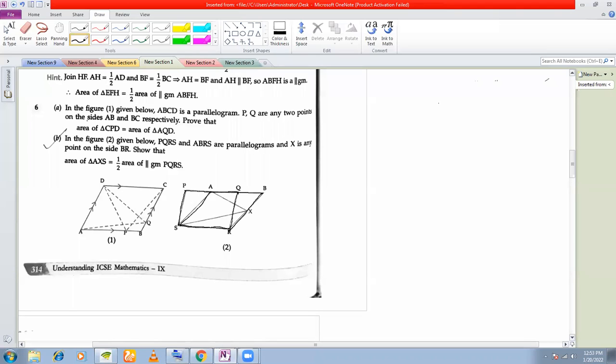What do you have to show? You have to show that area of triangle AXS. So which is the triangle here? This is the triangle. Area of this triangle AXS is half area of parallelogram PQRS. This parallelogram. Okay. The area of this triangle that I have outlined in black is equal to half of area of the parallelogram that is outlined in